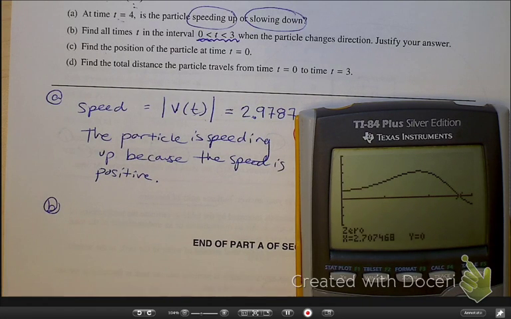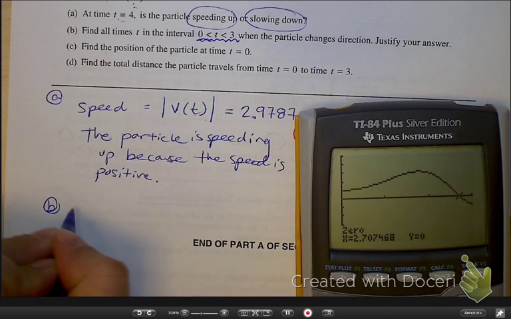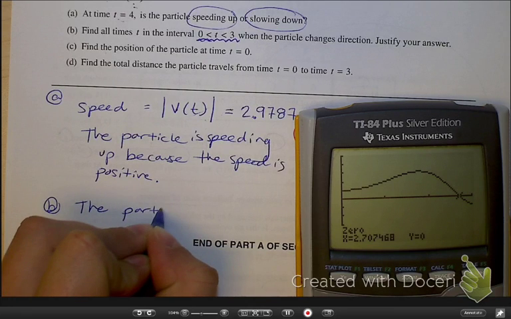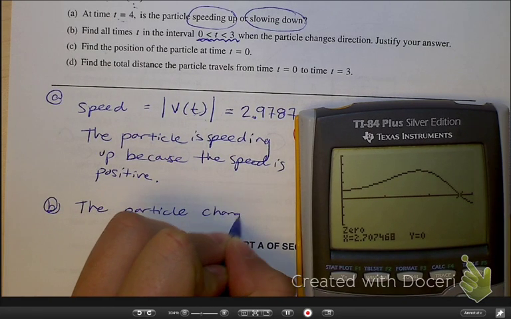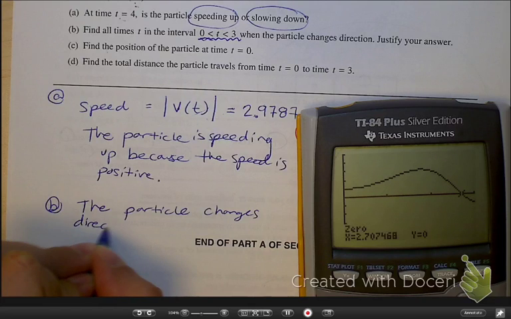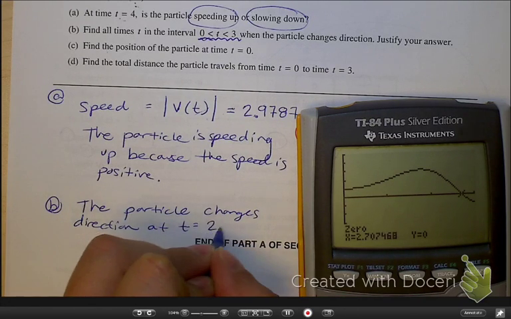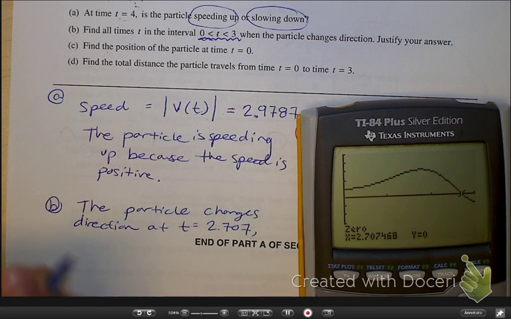My guess is 2.7, and in fact it's pretty close, 2.707. So I'm going to say the particle changes direction at t equals 2.707 because